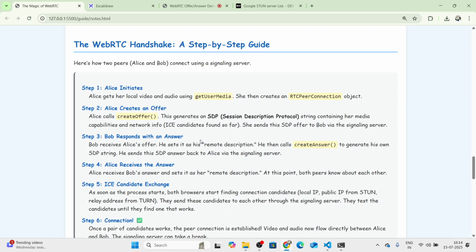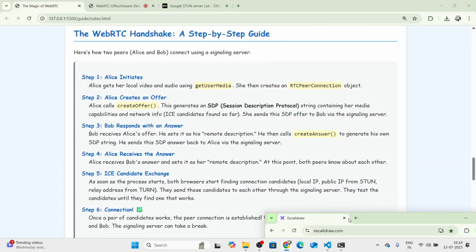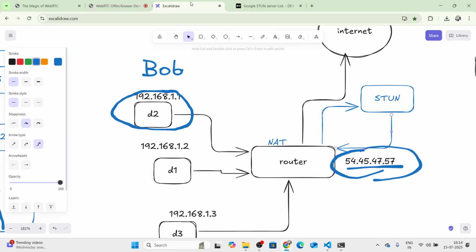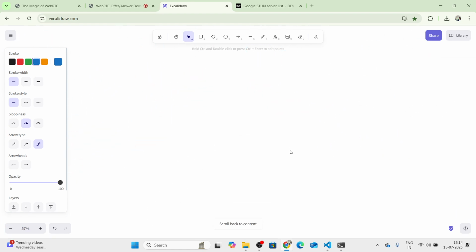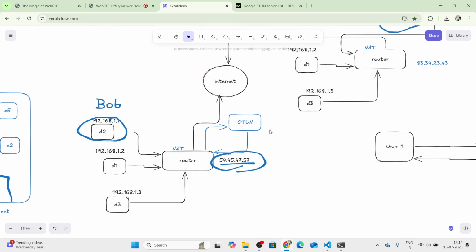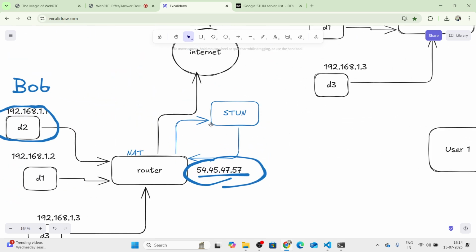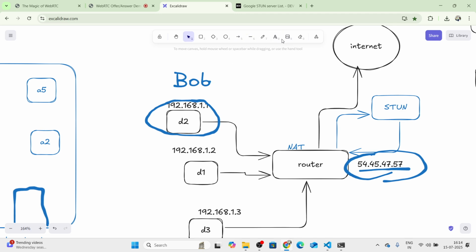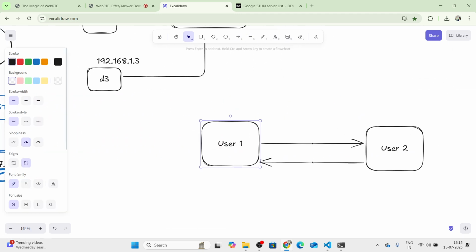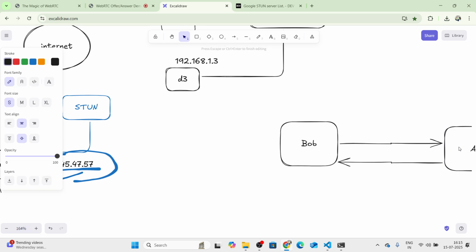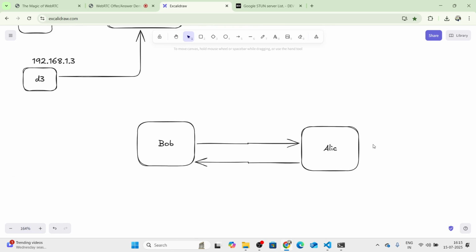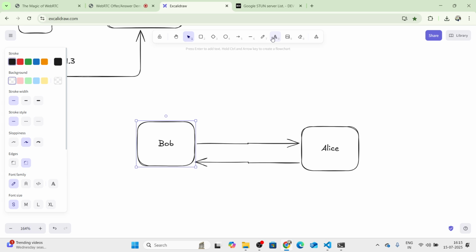and we can create the offer. Like I will explain the workflow right now. We haven't gone into the workflow yet. So we got the STUN server and the data, and after that we will create one offer in the browser. I will show you here. This is the device, this is Bob, and this is Alice in another private IP. Okay, public IP. We got Bob's public IP and such, and we create an